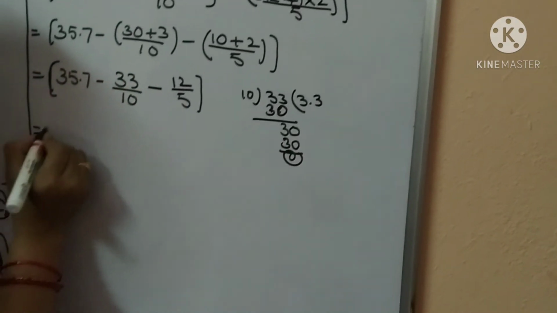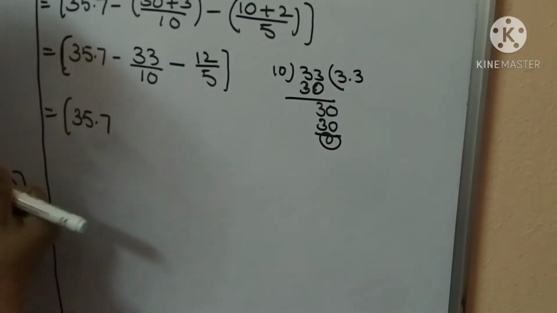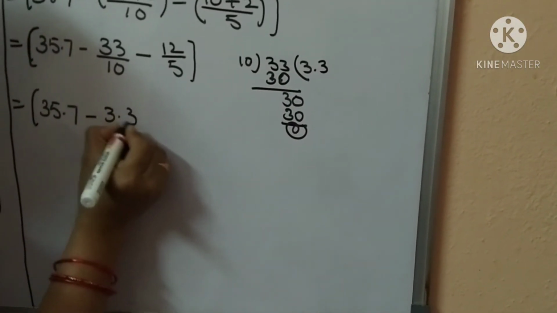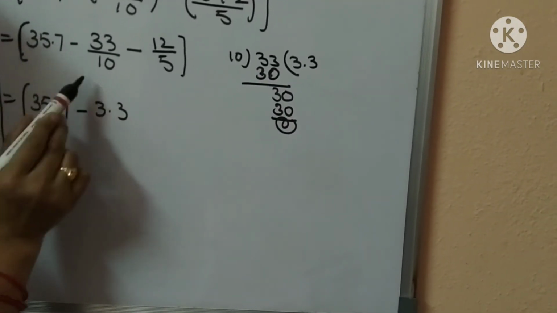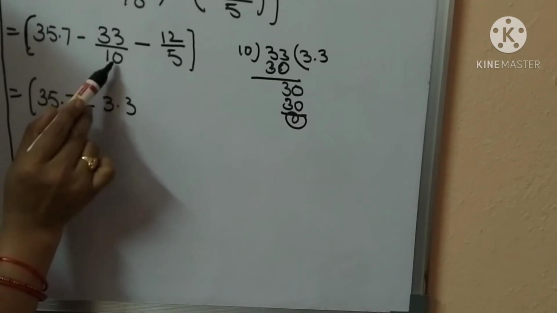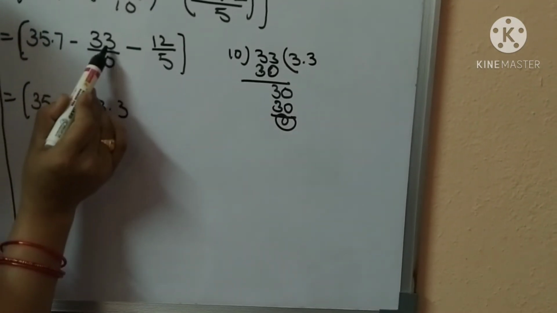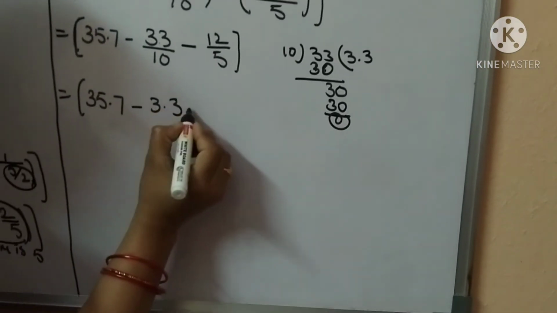So here write 35.7 minus, the value of 33 by 10 is 3.3. Or another method: in 10, how many zeros? One zero. Counting one digit from the right, keep the point, 3.3 minus